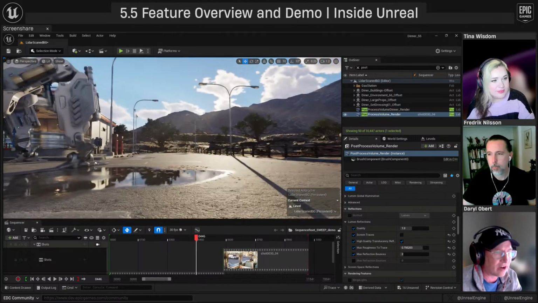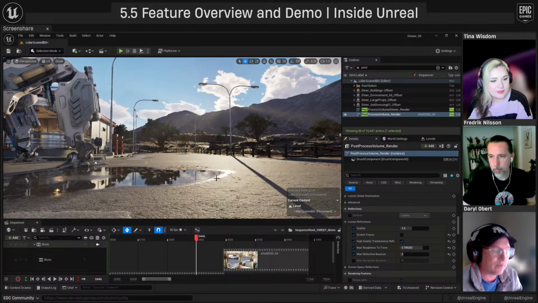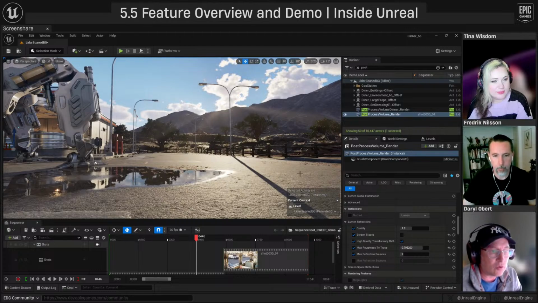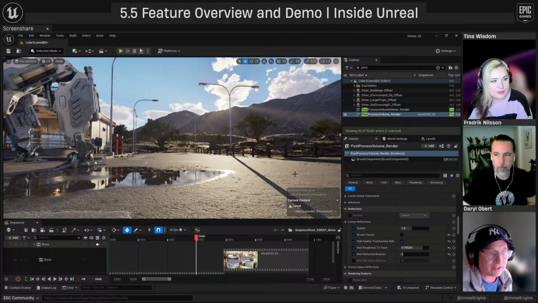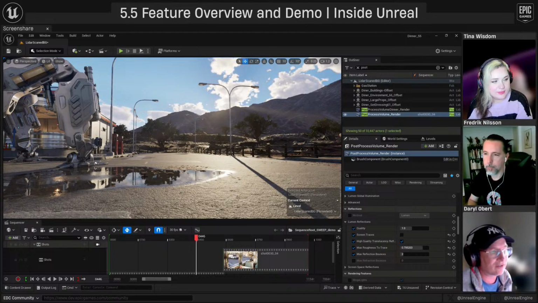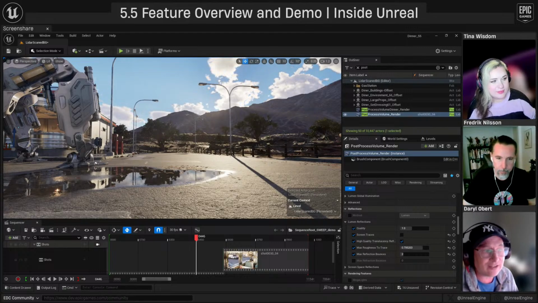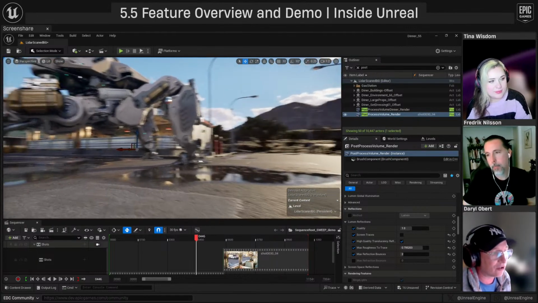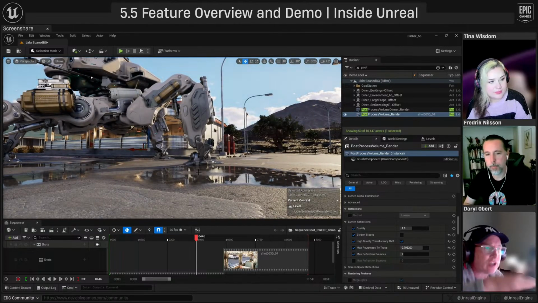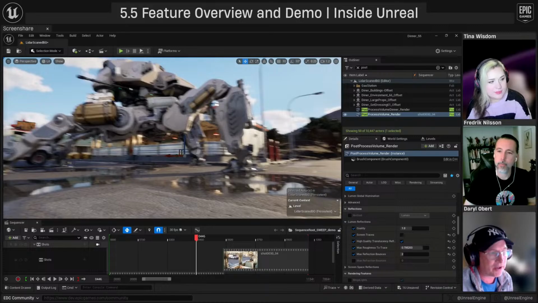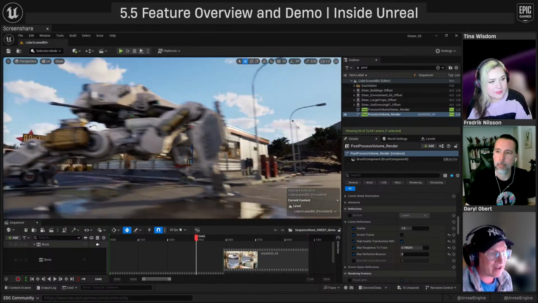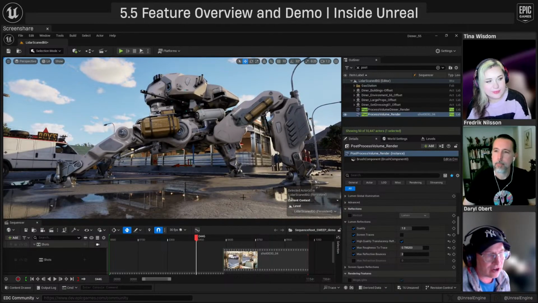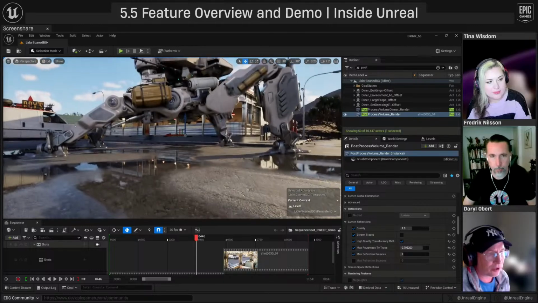But then there's this transitional area, and before we had the upgraded denoiser that came in 5.5, you'd have no noise over in this region because it's not using ray tracing, and you'd have no noise here because super crisp reflections are easy to do without noise. But then that transitional gradient between those would have a little band, a halo of shimmery noise around it, and it never really looked good. To get puddles to look good was always a balancing act. And now you can see even through this area right here, it just works really, really well.